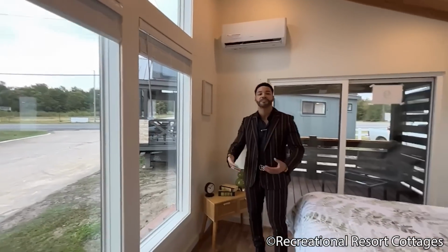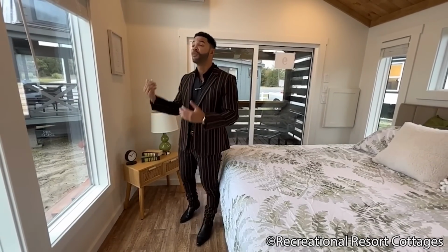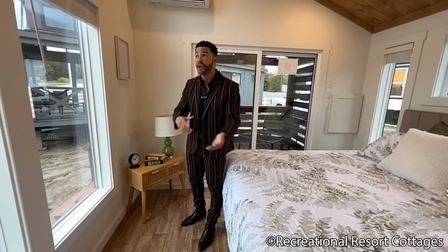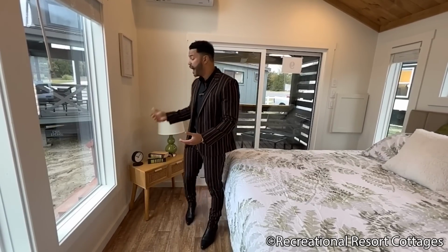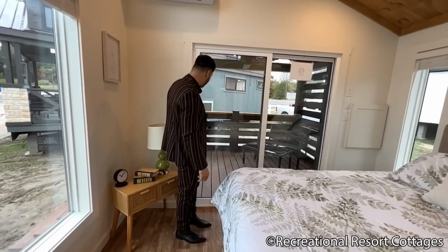I'm telling you about the symmetry because if you think back, as I'll show you in a second, when we go back through the living room, you'll see the exact same setup that you got from your living area we put here in the bedroom, so everything ties in together for you. Before we get to the closet, which I'll show you in a minute, which is lovely, let's look at this